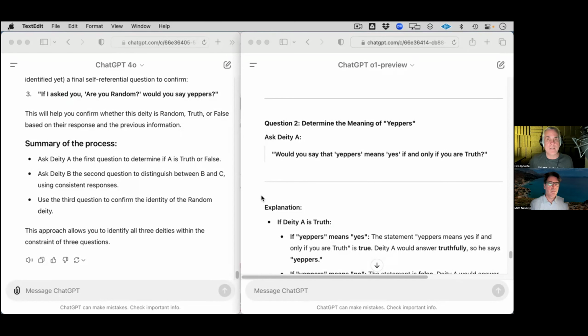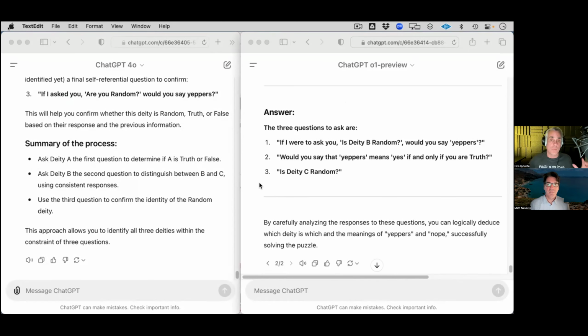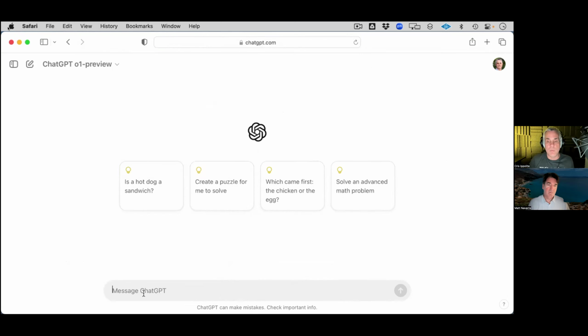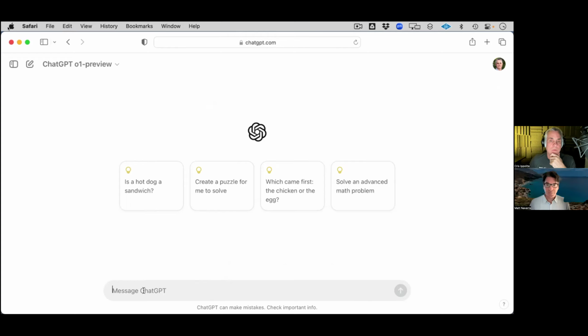But then I also asked on the right-hand side the O1 preview, and the difference in the O1 preview is that it showed its work and it actually shows you all the different steps that it takes. And so I think it's just really fascinating. If you want to write your own prompting so that you don't have to use this tool, you can actually go in and see what it came up with, like what its actual steps were. And then maybe that's a good way for you to actually learn how you might be able to create your own prompting tools. So just watching what it does is education, right? Totally. Yeah. That's what my thought process is.